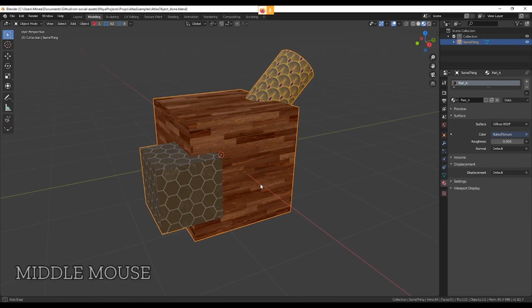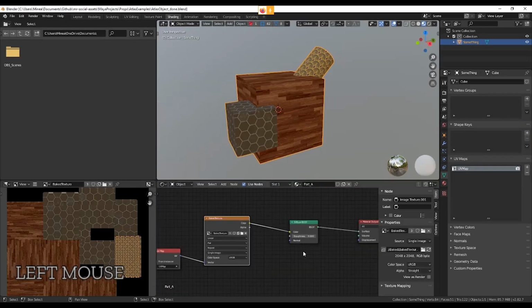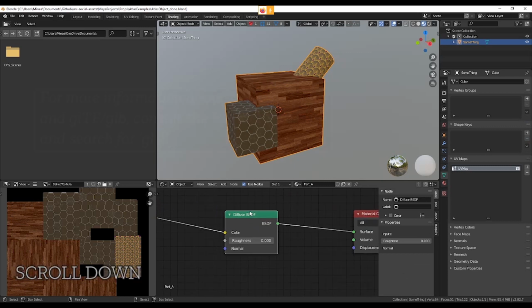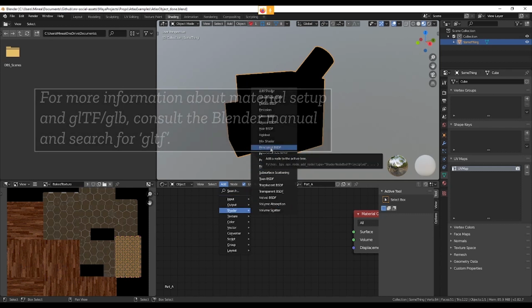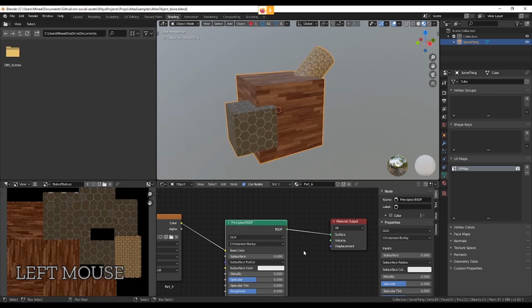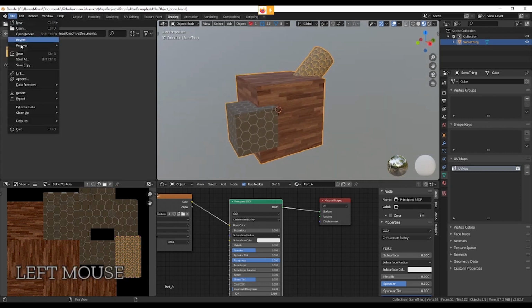Now, I was about to export this object to bring into Hubs, except that I remembered that in order to have it export correctly to the GLTF format, I need to change the shading type. Right now it's using a diffuse BSDF that I set up. That's actually not going to work properly. You either want to use a principled BSDF for that reason, or a different type that I'll talk about in another video. But right now I'm going to pipe that back in to the BSDF material. I'm going to turn the roughness all the way up because I don't want any kind of glossy surfaces. And now I'm going to go ahead and say export